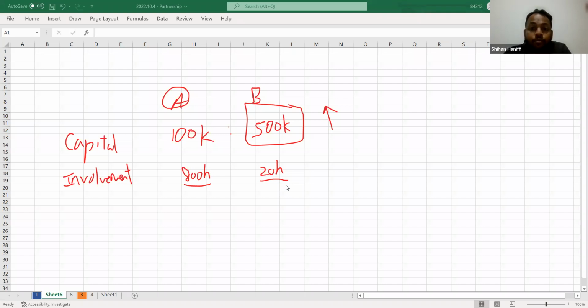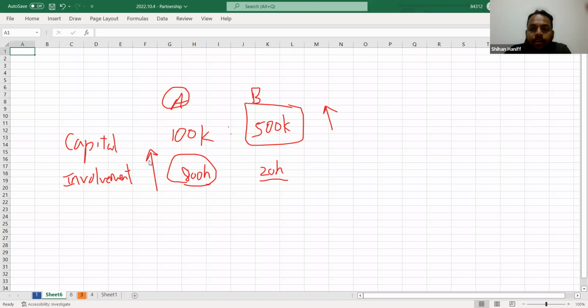But he gives more investment, right? Then who should get more profits according to the involvement? So it's very clear, partner A should get more profits because his involvement is more, his contribution to the partnership is more,